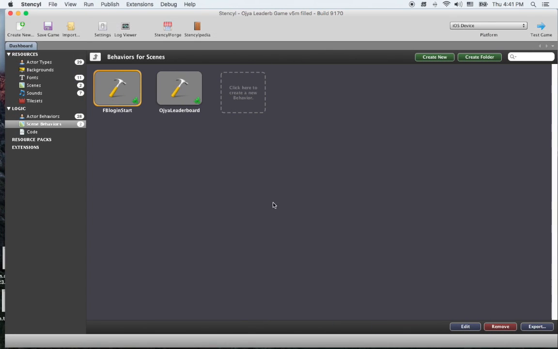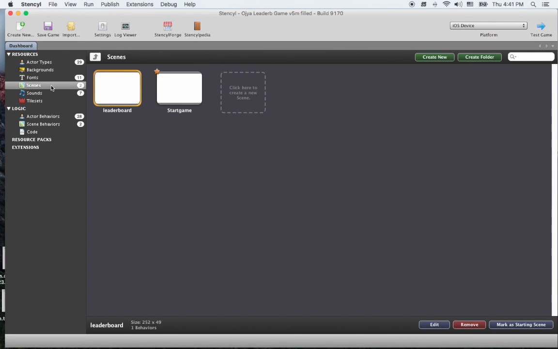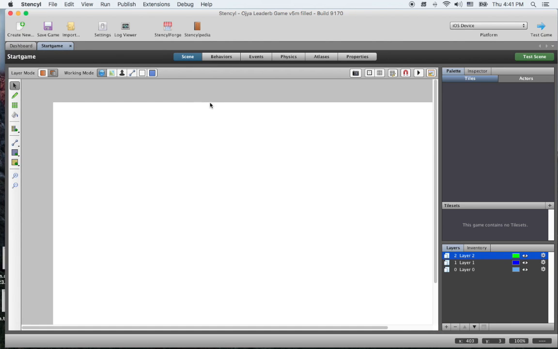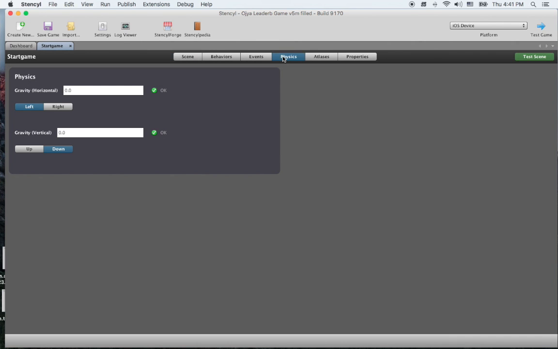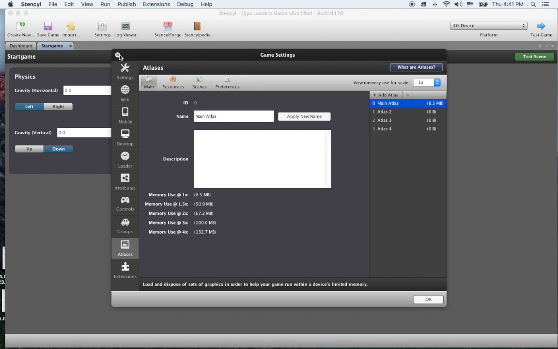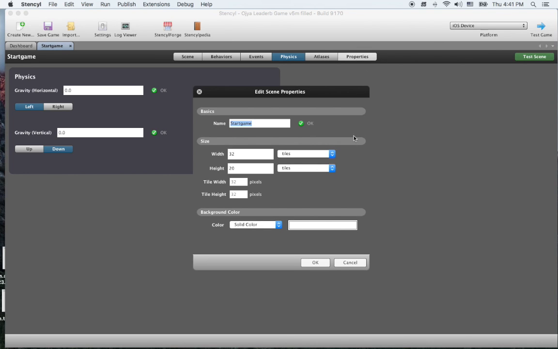You create 2 scenes here. One with the game start game, exactly, start game. And important is that you have to go to properties and set the start game with width 1024 and 640. This is not important,